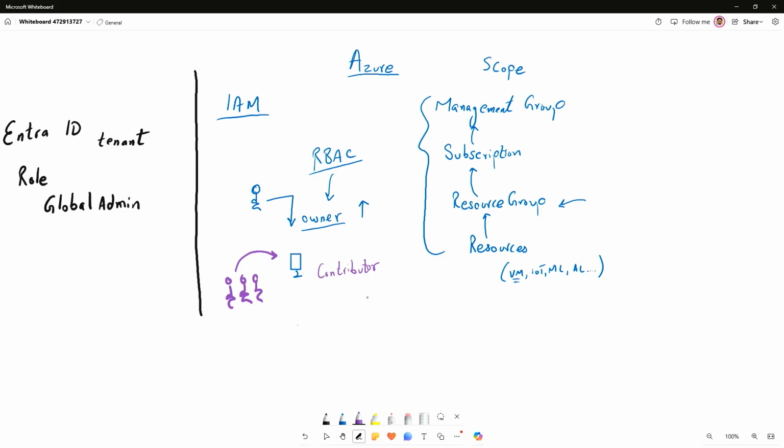Now, being a contributor, you have full access to this resource. You can simply go in, edit this resource, create it, delete it, manage it. You can do all the stuff that I can do as an owner. The only thing that you are not given is the ability to manage permissions. So you're not able to change your permissions or someone else's permissions. You can't invite somebody in, you can't remove someone else's permissions, you can't change your own permissions. You can't mess with the permissions on this. So that's one thing that I can take away.